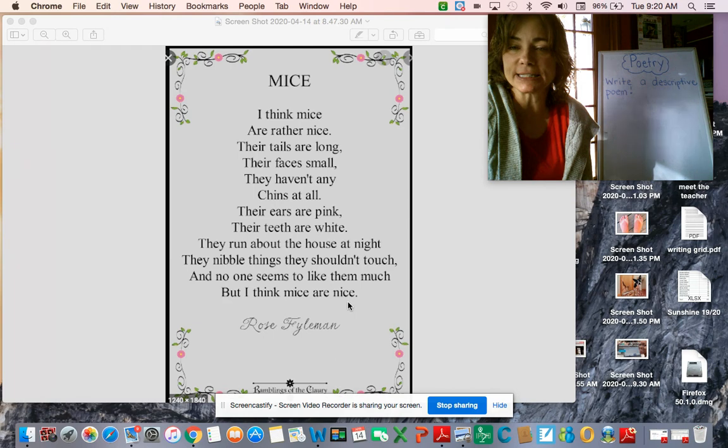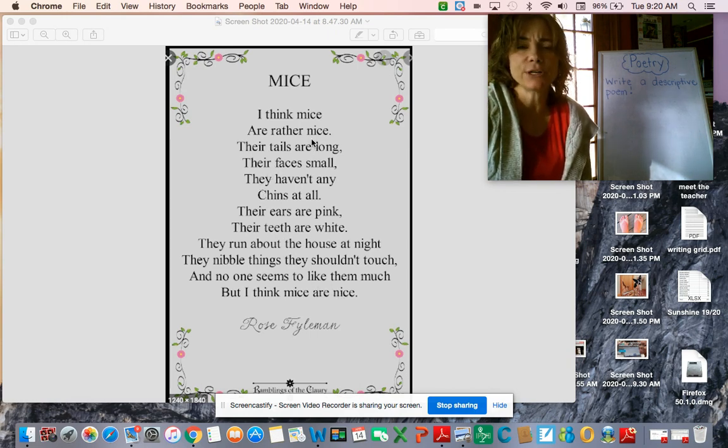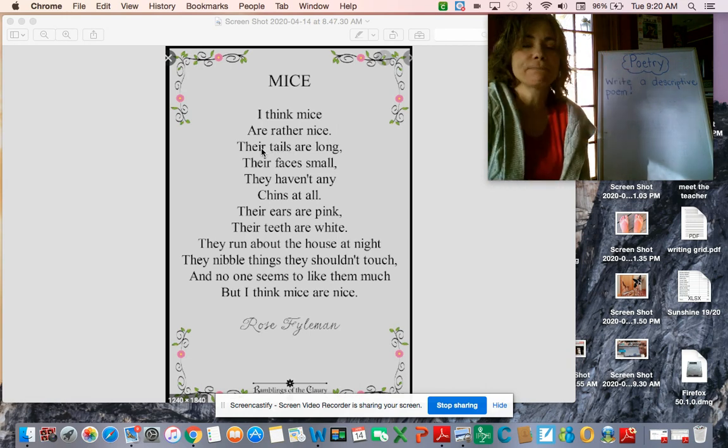And if Mrs. Holman read that too fast or even too slow, go ahead, you can pause that video and read it on your own. So let's get back to describing words. So if I'm thinking about mice, what do they say about mice? They're very nice, okay. Nice is a describing word. How did they describe their tails? Their tails are,